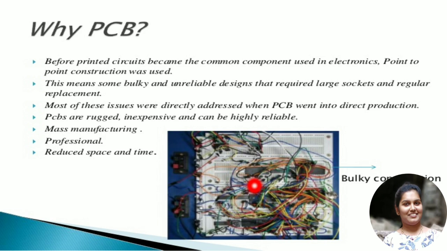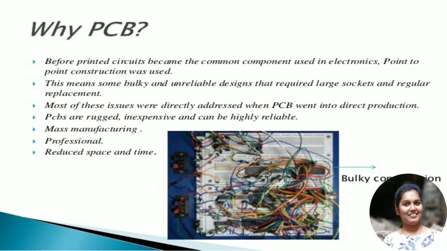So the time and space in the construction and development of electronic circuits has been reduced because of PCBs, right? You might now have got to know how advantageous and helpful PCBs are these days.